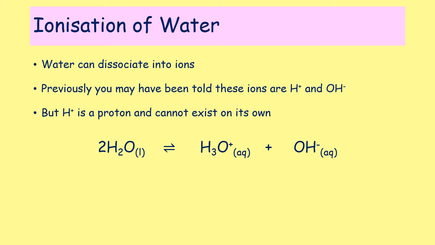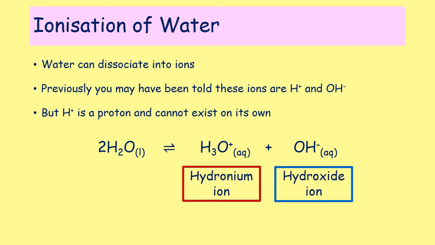to turn it back into two water molecules. Now the OH- ion is still called a hydroxide ion, however the H3O+ is called the hydronium ion. So hydro for water, and in a similar way to ammonia becoming ammonium, water becomes hydronium, which indicates it's a positive ion: a hydronium ion and a hydroxide ion. In the equations that you'll see, we are going to use H3O+ to represent the hydronium ion. However, you may sometimes see in textbooks, online, and possibly even in your exam,